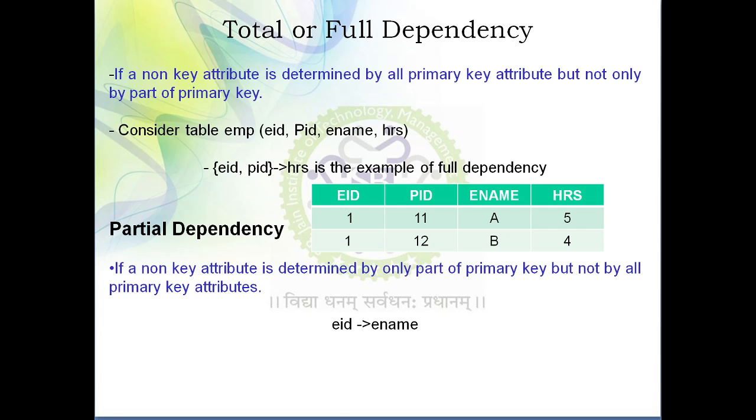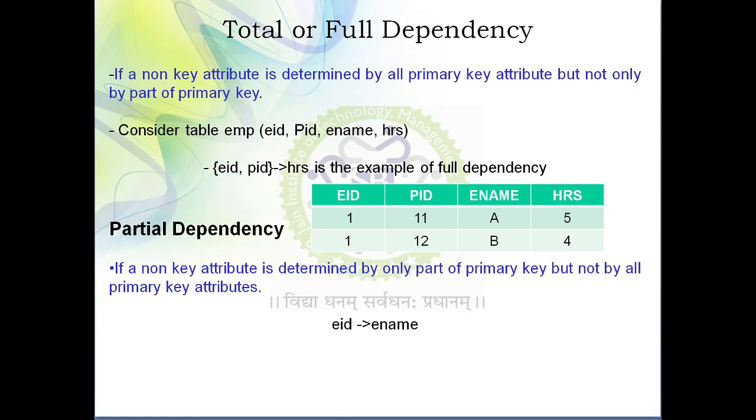First of all I will tell you what is a key attribute and a non-key attribute. You remember the concept of key attribute and non-key attribute, we already discussed, but again I am revising this. A key attribute is an attribute which takes part in the formation of the primary key, and non-key attributes are those attributes which do not take part in the formation of the primary key, because we know that the primary key is such an attribute of the table which helps us to determine the value of other attributes. For example, in the student table I can say roll number is a primary key. By using roll number I can easily find the name and other details of the student.